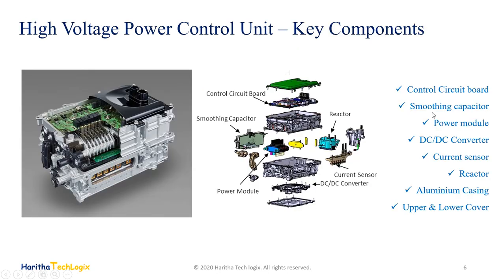Look at this picture. This is an example of a real inverter assembly. This is from the Toyota Prius hybrid electric vehicle. We can clearly identify the components like the smoothing capacitor, the reactor, that is the inductor, and the control circuit board. The metal enclosure is generally made of special aluminum materials for lightweighting. In addition to this, the inverter systems are also generally fitted with current and temperature sensors. You can see this current sensor mounted for measuring the current flow of the three-phase area.